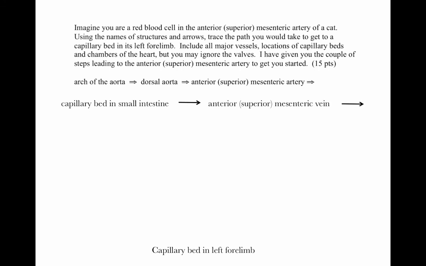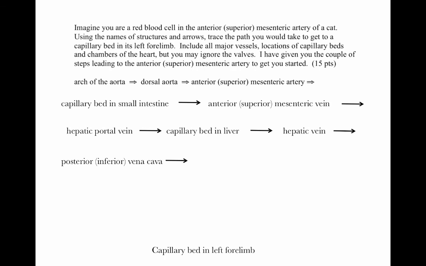From there, it's going to go to the anterior mesenteric vein. So remember, unless you're told otherwise, these veins are going to just follow the arteries and will be named similarly. So from the superior mesenteric vein, remember, every drop of blood that enters one of these unpaired arteries going to the digestive tract is always going to go through the hepatic portal system. So it's going to go from there into the hepatic portal vein. Remember, a portal system goes artery, capillary bed, vein, capillary bed, then to another vein. So the other capillary bed we're talking about in the hepatic portal system is a capillary bed in the liver. From there to the hepatic